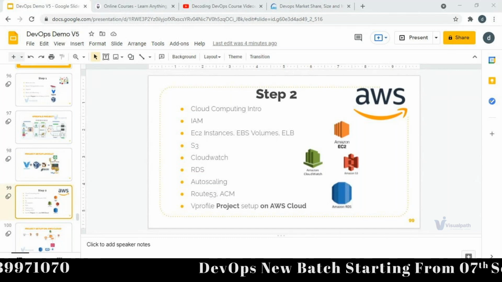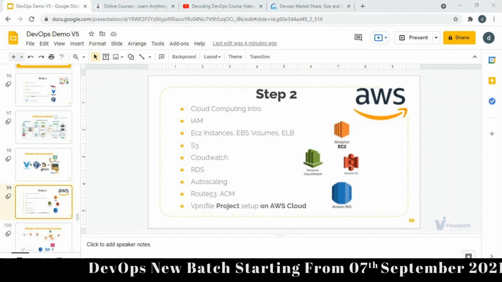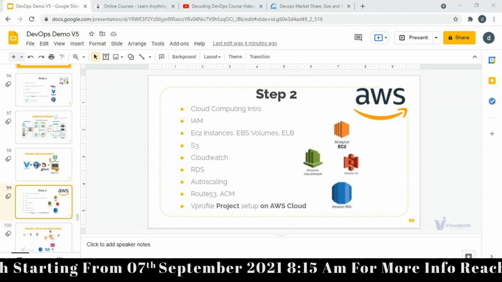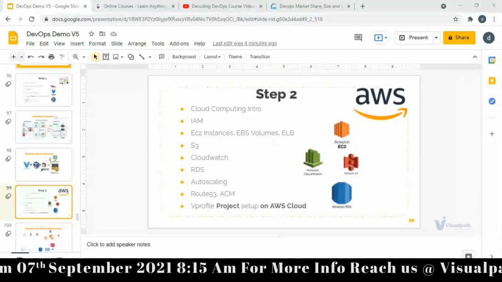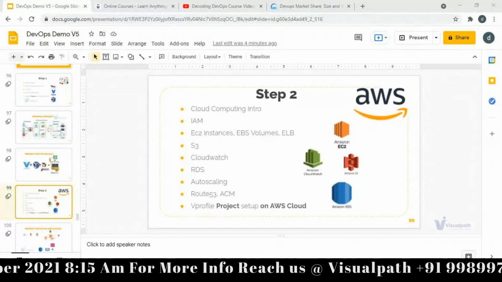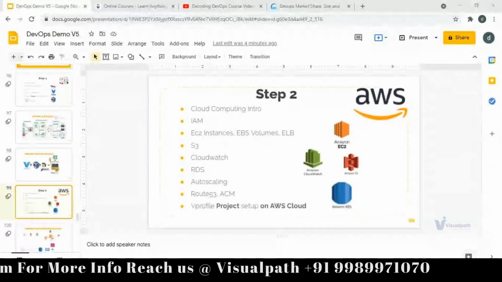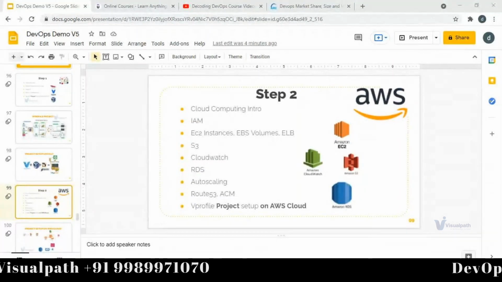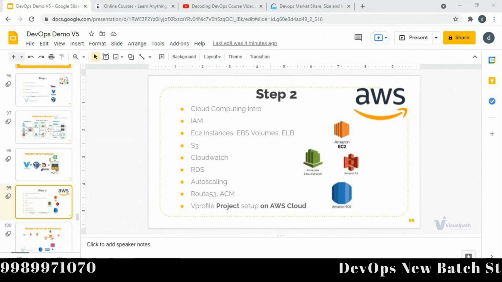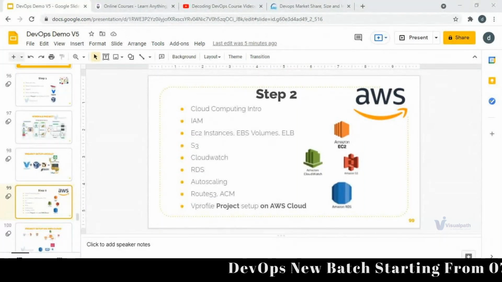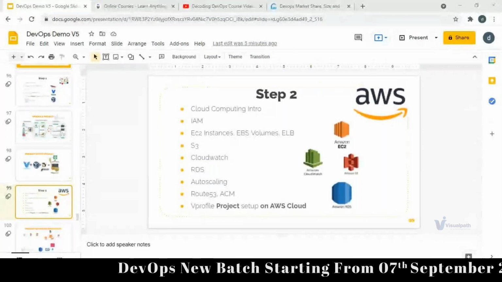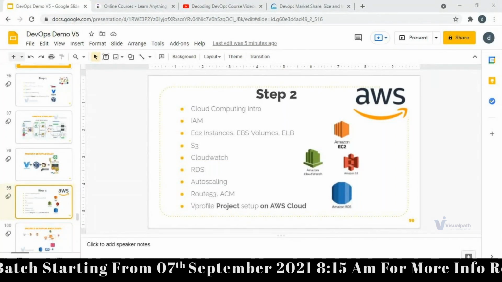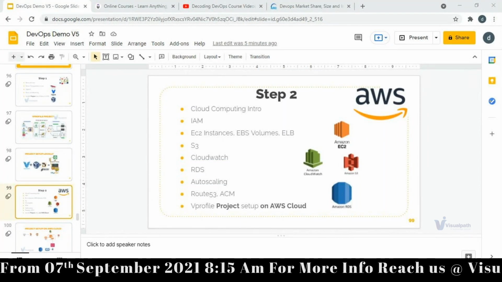So let me tell you about this, guys. AWS is the market leader. There are a few reasons why I'm taking AWS and not Azure. One is AWS is the market leader. Doesn't matter how much hype you have for Azure, if you just Google the statistics, or go to a trusted source, probably check the cloud computing Magic Quadrant, that will give you statistics showing who is on top. AWS is on the top, and Azure is behind, almost less than half of it. That's one reason we are taking AWS.